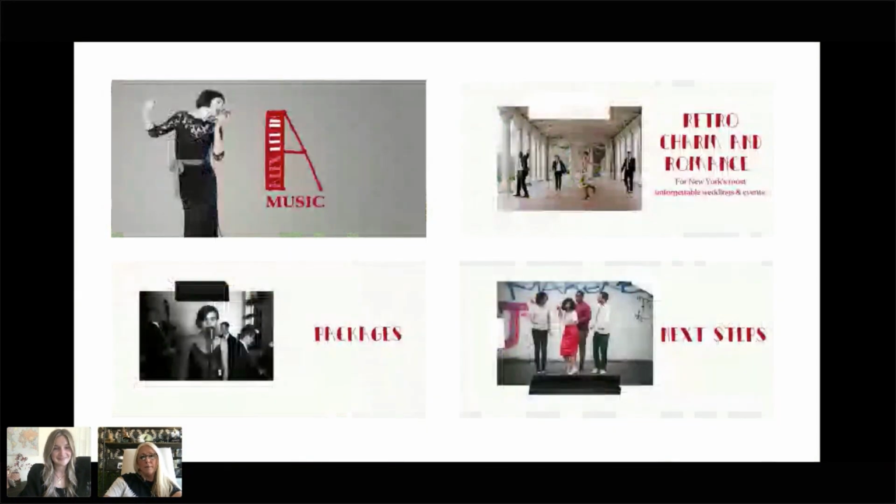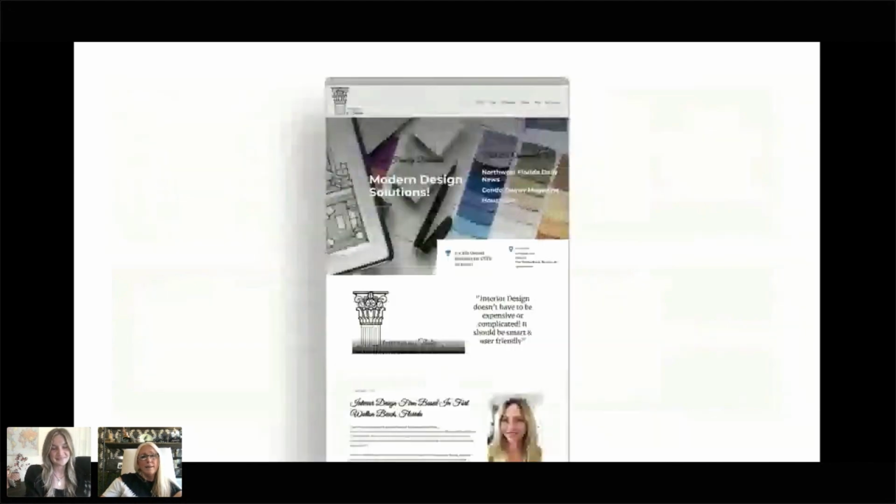Opposite end of the spectrum, this is a band in New York. It's a totally different vibe. So again, understanding what you do and understanding who your client is really important. I used the juxtaposition of the black and white photography with a bright pop of red to showcase their style. And I think these header images are really going to be really appealing when they are presented in a brochure to someone. And then, having a before and after of a client